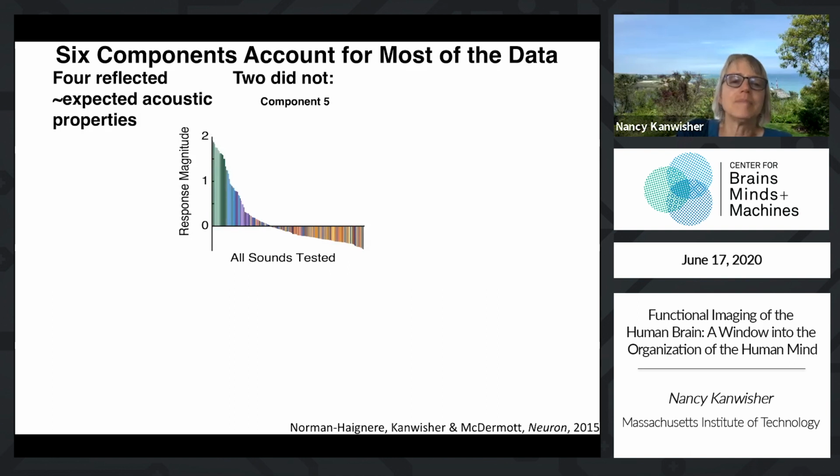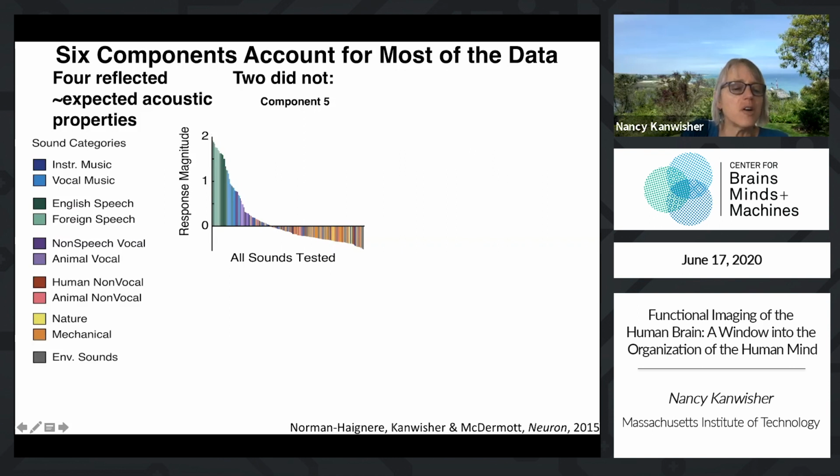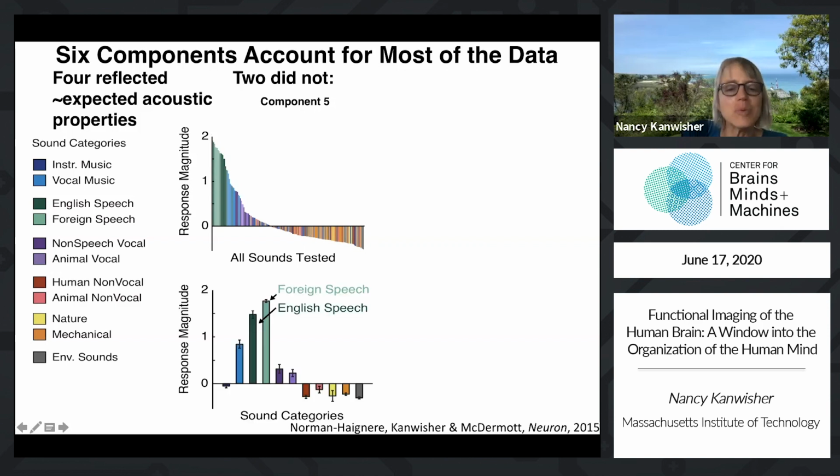And here's one of them. So this is now the response of one of those components inferred mathematically from that matrix to each of the 165 sounds. Now those sounds are color-coded by the basic category of sound over here. So if you look at that, you say, look at those green things. If we then average within a category, you can see that that component reflects high responses to speech sounds, whether